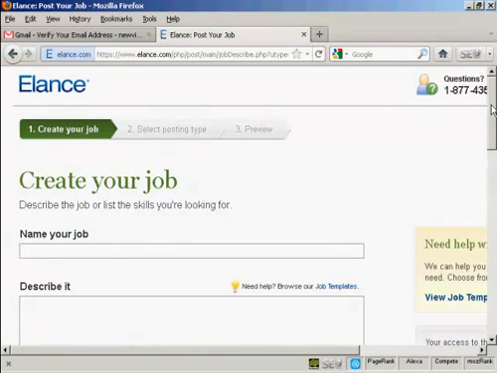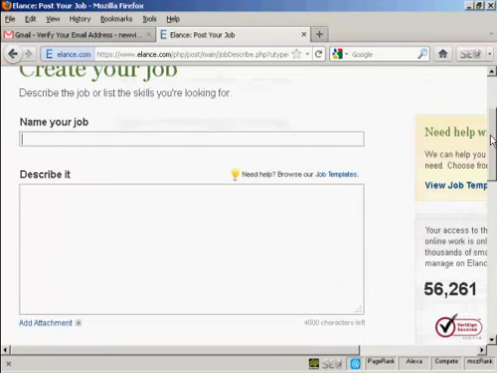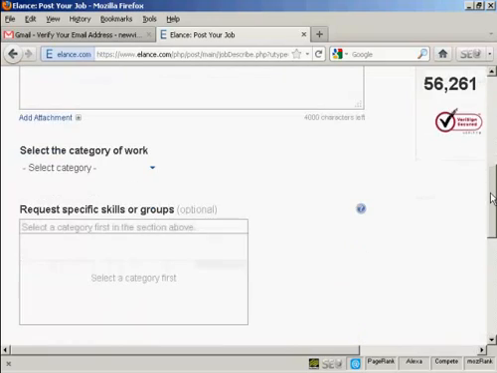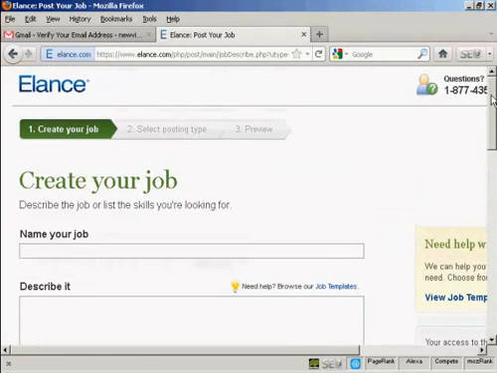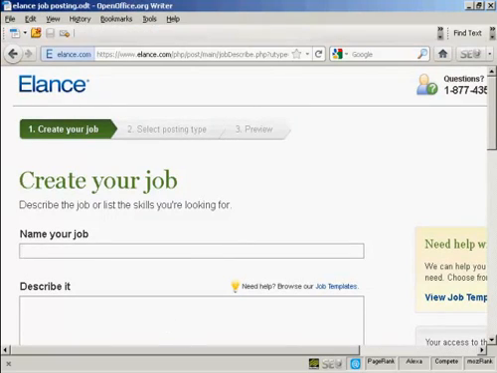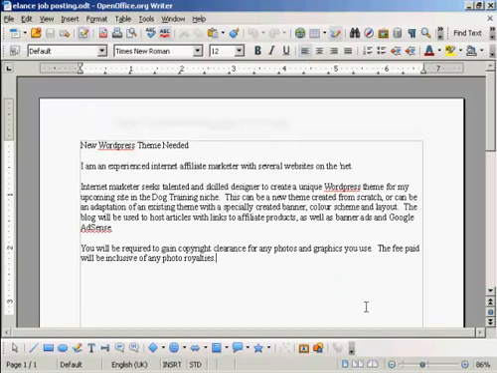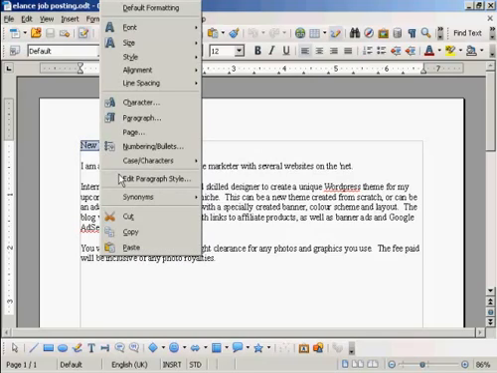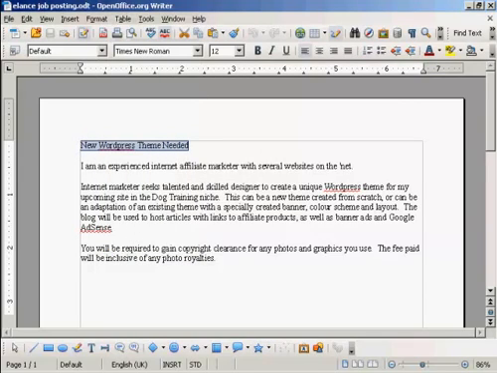And there's a couple of ways that you can do this. The first way is to simply name your job and describe it in these boxes here. This is probably the most popular way of posting a job on Elance. You're best to write it out ahead of time in your word processor like I've done here. So this is the job that we're going to post. New WordPress theme needed, so I'm going to highlight all this one paragraph at a time and copy that